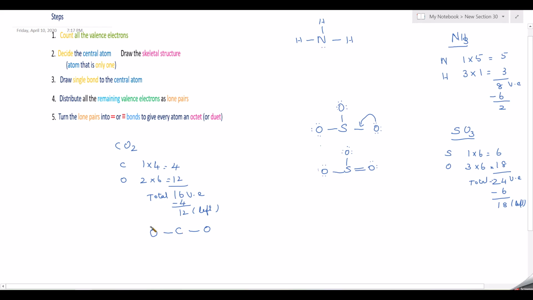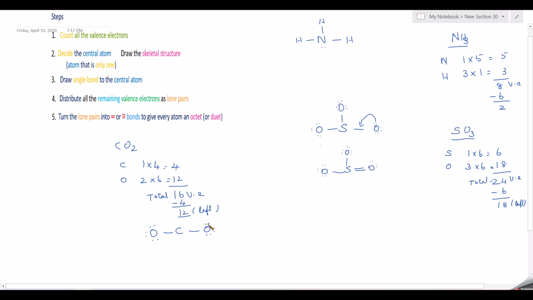So you can take here oxygen 1, 2, 3, 4, 5, 6. So 6 electrons. Here for this one also 1, 2, 3, 4, 5, 6. So now you have distributed the remaining electrons, the 12 electrons. Now count the electrons for every atom. For oxygen 2, 4, 6, 8 electrons. For this oxygen 2, 4, 6, 8 electrons. But this carbon, here a single bond, so 2 electrons, here single bond 2 electrons. So only 4 electrons. It is in need of 4 more electrons to complete its octet.